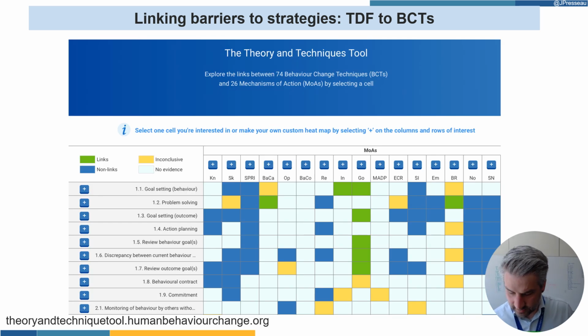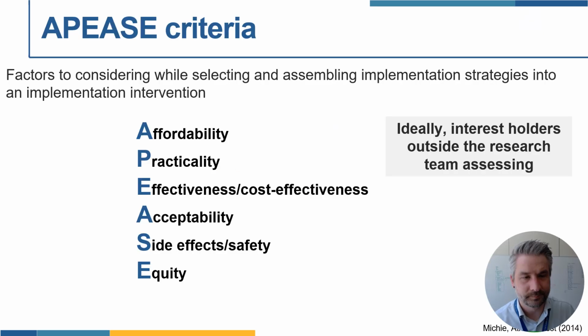And just as for the CFIR to ERIC matching exercise, there's been a lot of effort to try to link the behavior change techniques taxonomy to TDF domains. And again, this is a combination of evidence and expert consensus, and an evolving effort to try to make those linkages. And so if you're starting off and you've identified intention or goals as a key barrier or enabler, you can use this as a foundation for getting a sense of where there are agreed links or non-links or inconclusive links or no evidence for any behavior change technique in the behavior change technique taxonomy.